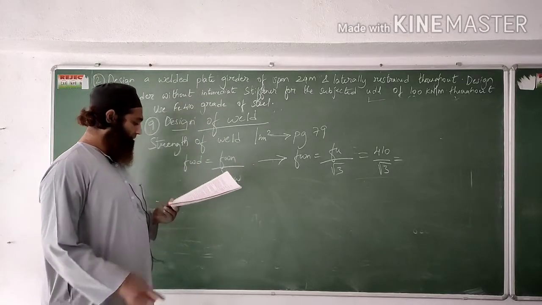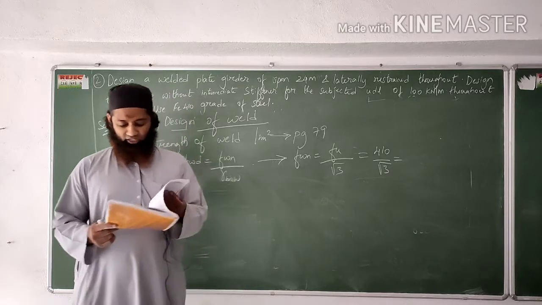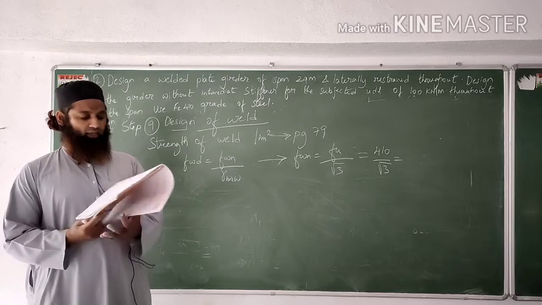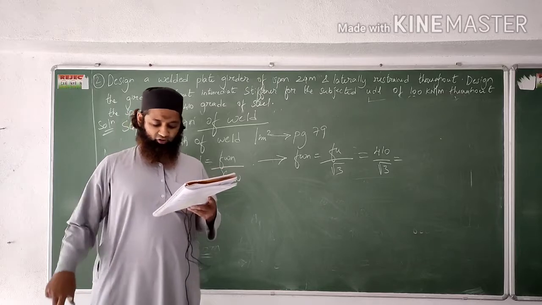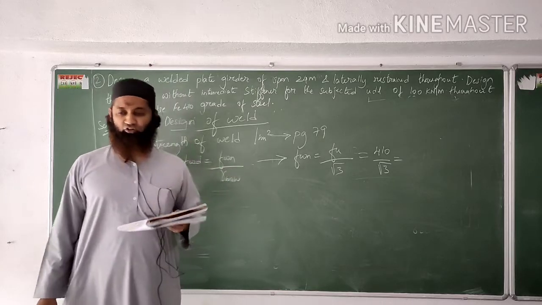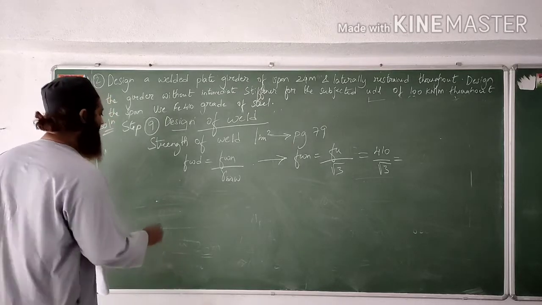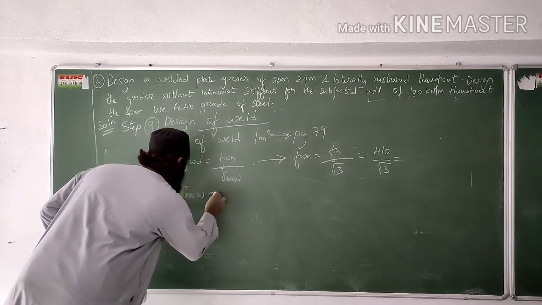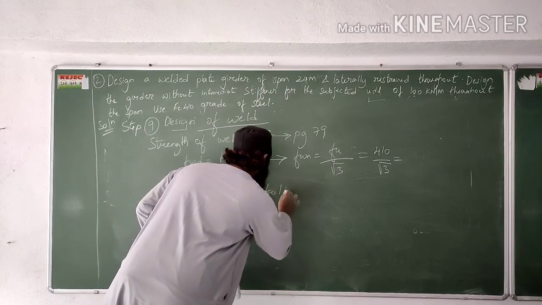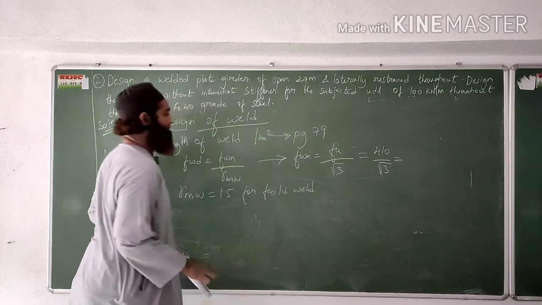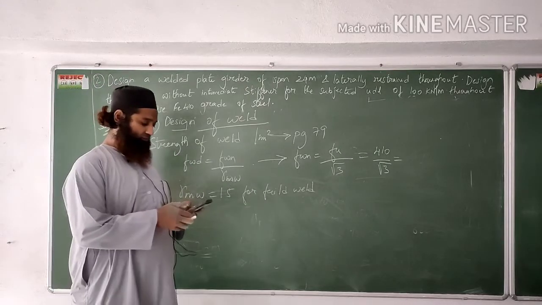Gamma MW, please go to partial safety factor. Please take page 30. Always remember whatever is related to gamma, that is given in page 30. You can see here gamma MW. We are seeing welds. For this we have two types, shop fabrication or field fabrication. Here for field weld, that is 1.5 for field weld, gamma MW. Okay, let us substitute these values here. Page 30, as I told you before also.